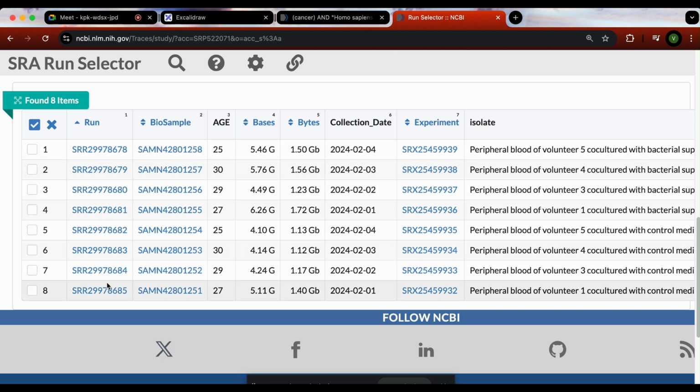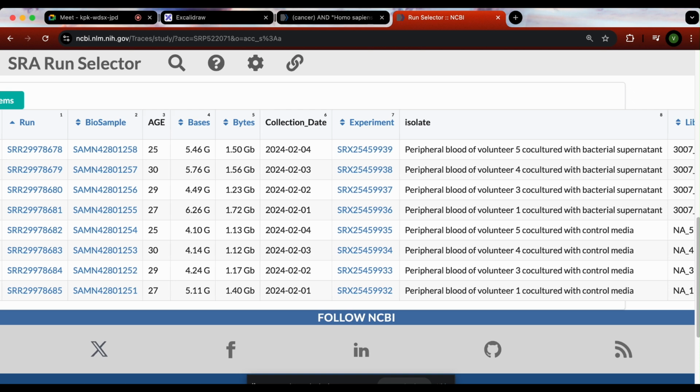These accession numbers are very important, because when we have to download our data, we need them. You can see that in this one they took blood from different volunteers. So volunteer number 1, 3, 4, 5. These are the different volunteers they have used,